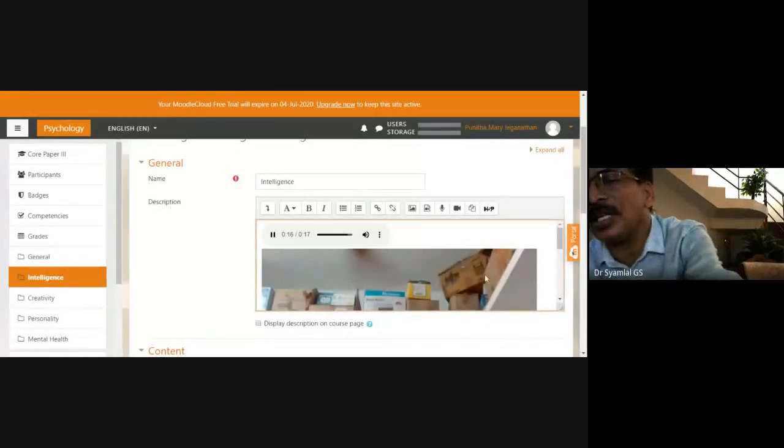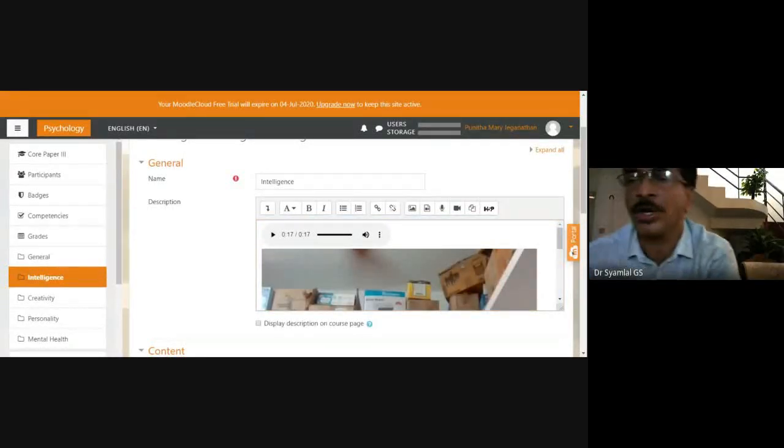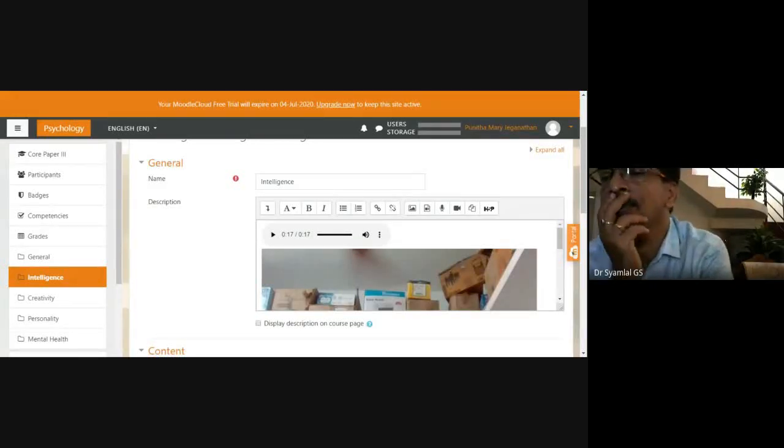Video is not visible to me. Can you bring the cursor down? On the side there is a gray bar near that video picture. Bring it down, slowly down, on your right side. Next one, please.